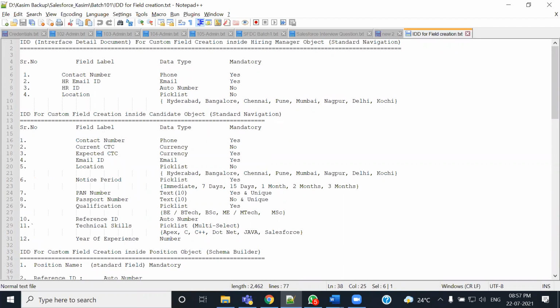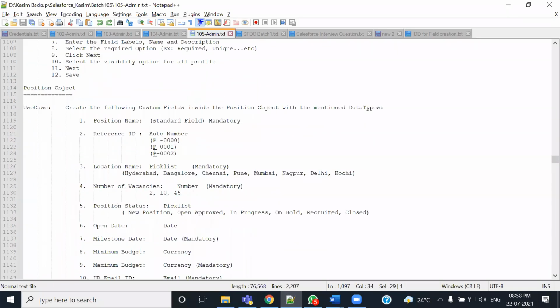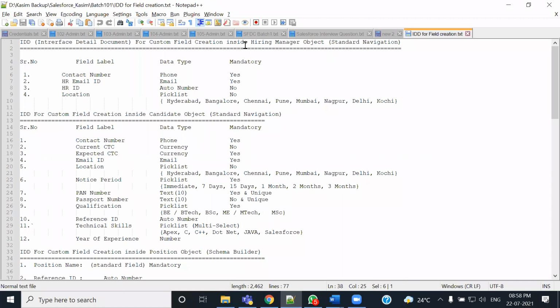You are going to learn how to create the field, there are two ways, again there are two ways using the standard navigation. Let me explain. How to create the field, there are two ways, standard navigation and the schema builder, दो तरीके हैं। ठीक है, तो हम क्या करने वाले हैं, सिर्फ हायरिंग मैनेजर के लिए मैं स्टैंडर्ड नेविगेशन लूंगा, लेकिन आपके कैंडिडेट और पोजीशन दोनों के लिए कल जब मैं फील्ड क्रिएट करूंगा, so I will go with the schema builder। ठीक है, और कल आपने ऑब्जर्व करना है कुछ चीजें।